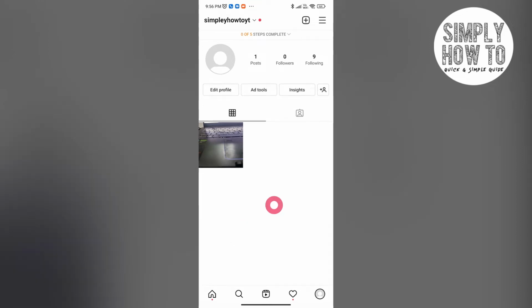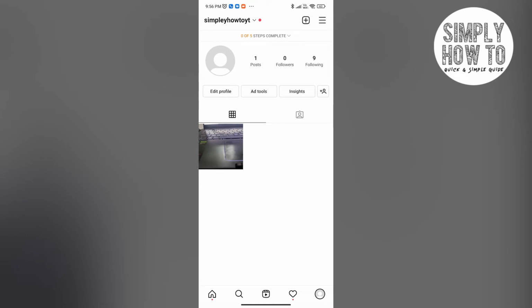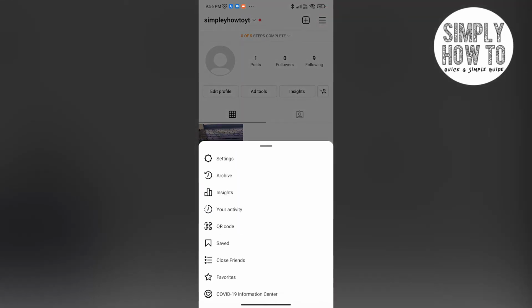So this account that I'm showing you right here, it is a professional account, and you can see this by the add tools and insights option. Private accounts don't have this option. So with that being said, let me show you how you can put in a minimum age requirement or restrict age for that matter. So first up, you click on the top right corner,